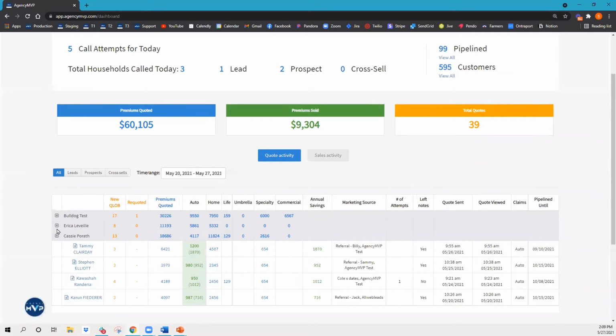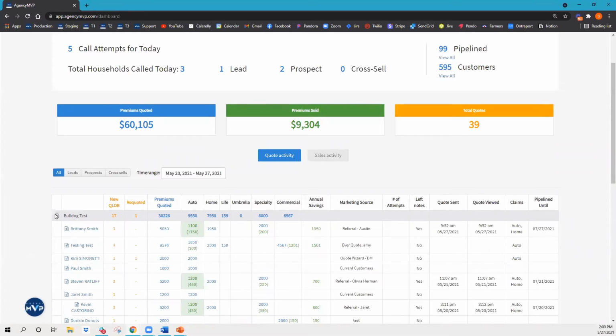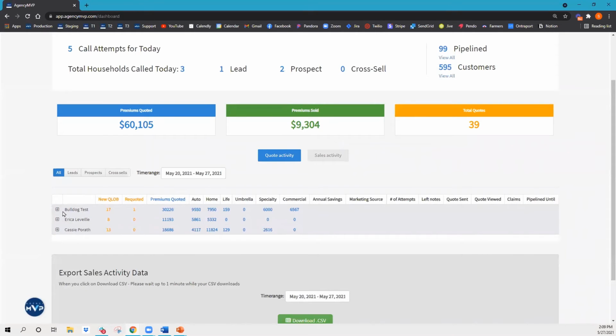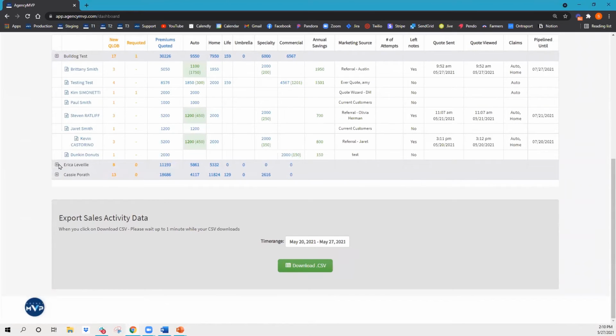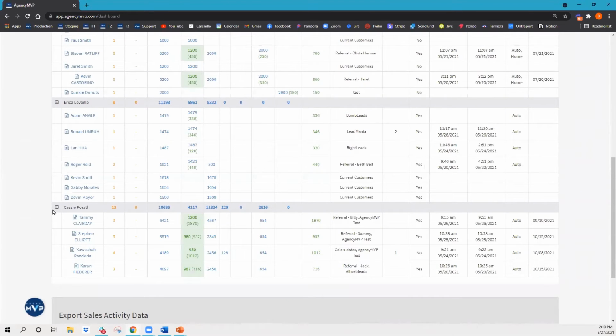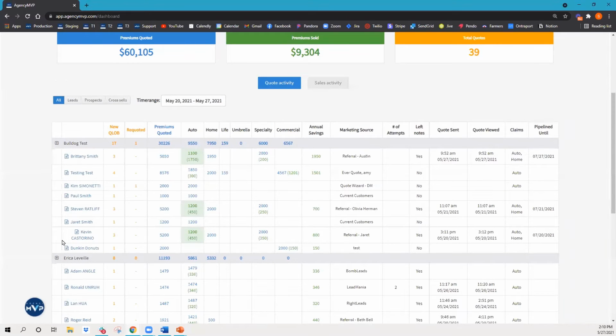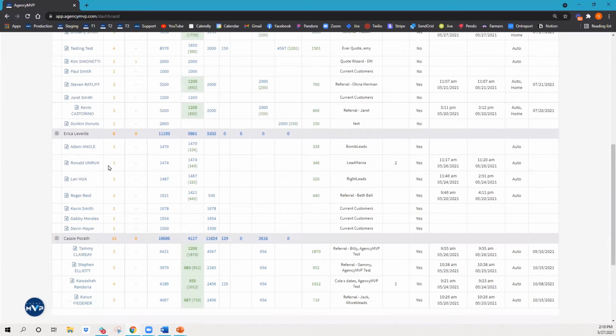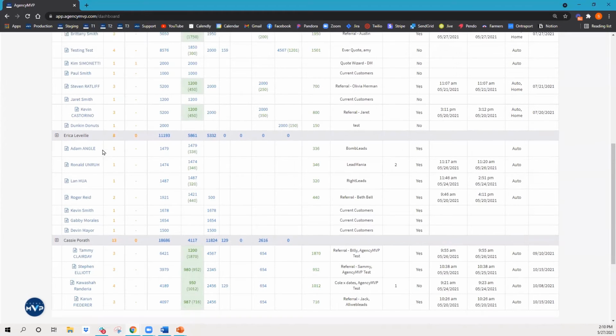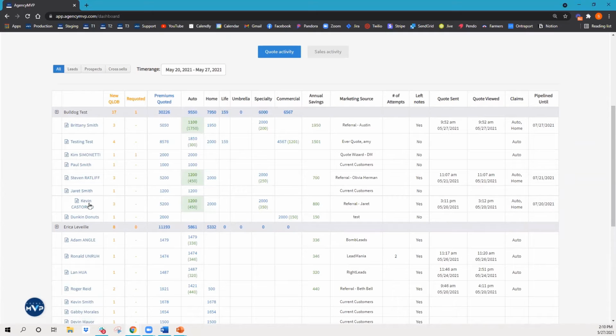So you can look at those. And then if you click the plus symbol to the left of each staff member's name, you're going to see what they've done. Just a little lazy hack: if you start at the bottom, you just click up and you're good, right? But if I start at the top, now I've got to scroll down, click that one, scroll down some more, and click that one, right? So just a little lazy hack that will help you out. Start at the bottom with the plus symbols, okay? Once you do that, you're going to drop down more information about what each staff member has done during the chosen time range. We've got every household they've quoted, how many lines of business they have quoted,